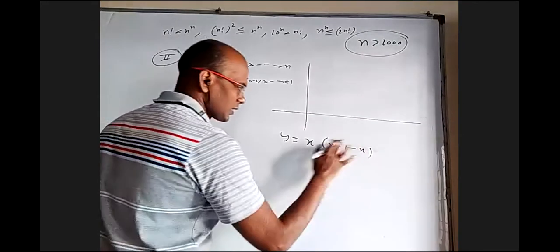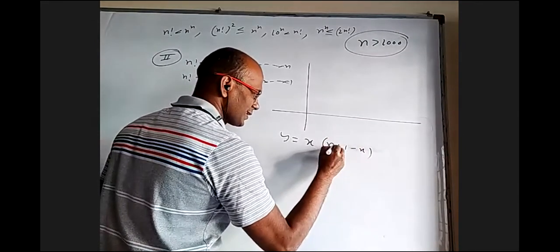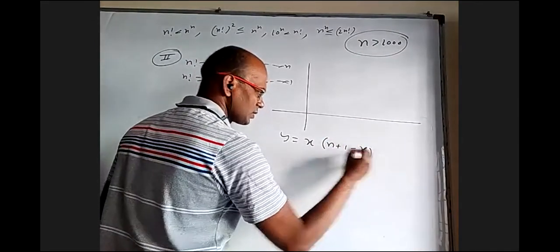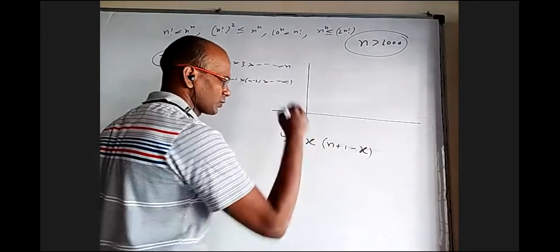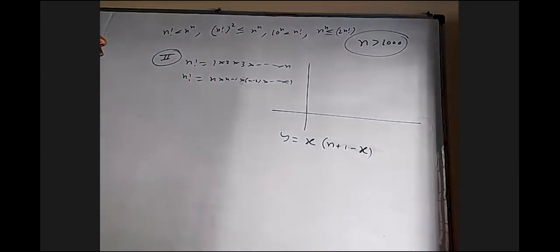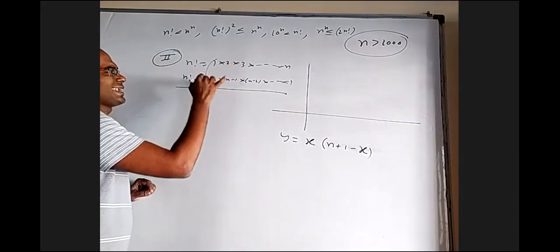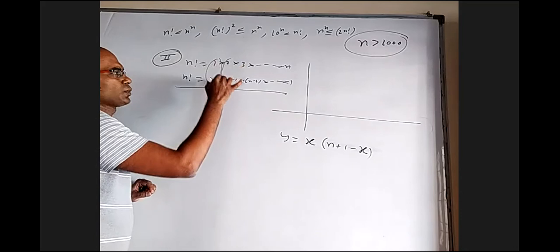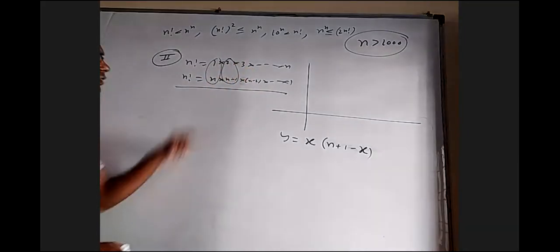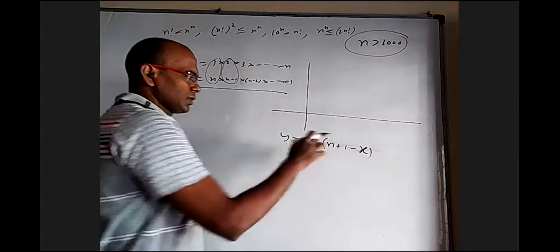This is n, this is x. I may not be writing properly. This is n, and this is x, and this is also x. Okay. What I want to do is multiply these two. This is n itself. I want to prove whether this is greater than n or less than n. Okay, this is a graph